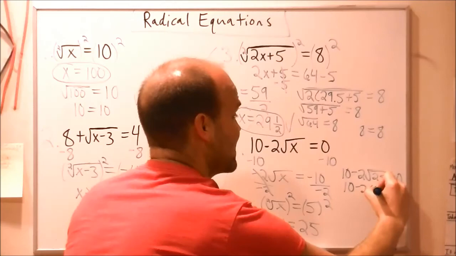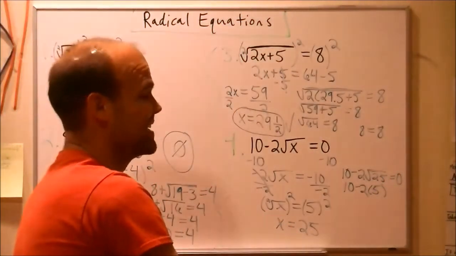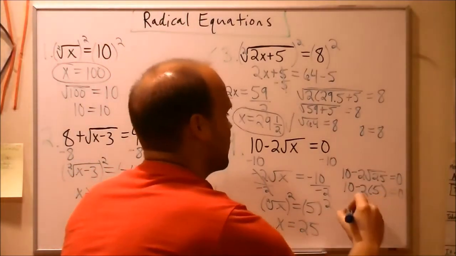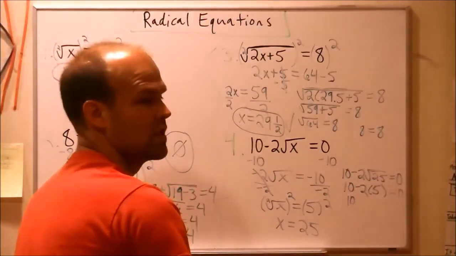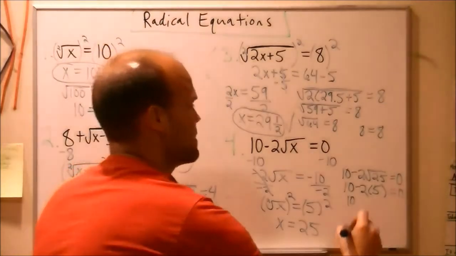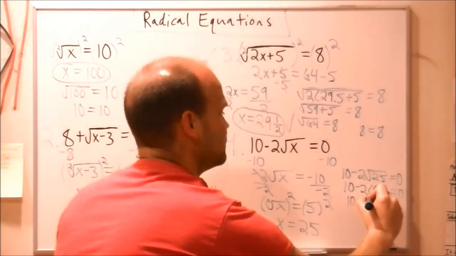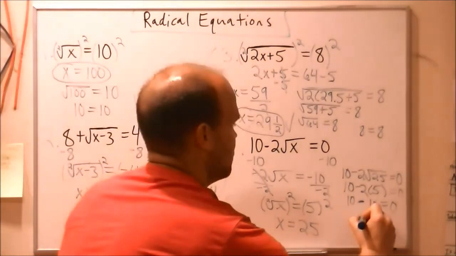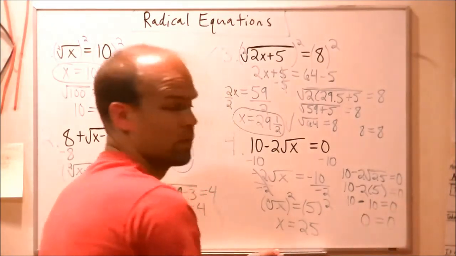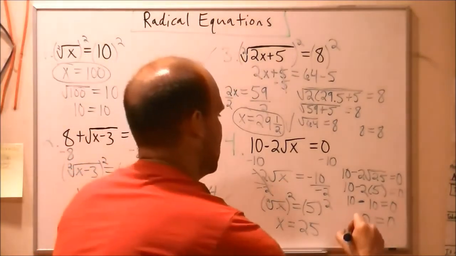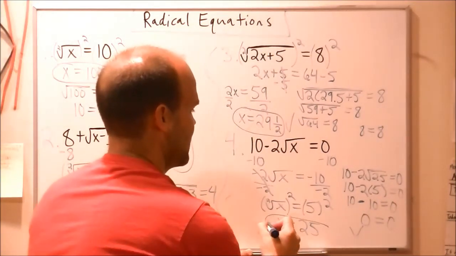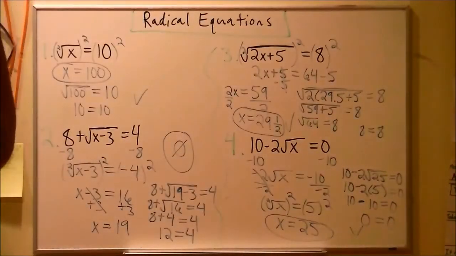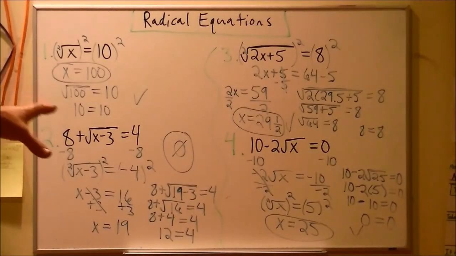5. And I said it's kind of like parentheses. See, when you simplify it, it is parentheses because you're multiplying that by it. Equals 0. Okay. 10. What's negative 2 times 5? Negative 2 times 5 is negative 10. What's 10 minus 10? 0 equals 0. True statement? Mm-hmm. So, my answer, guys, is correct. X equals 25.